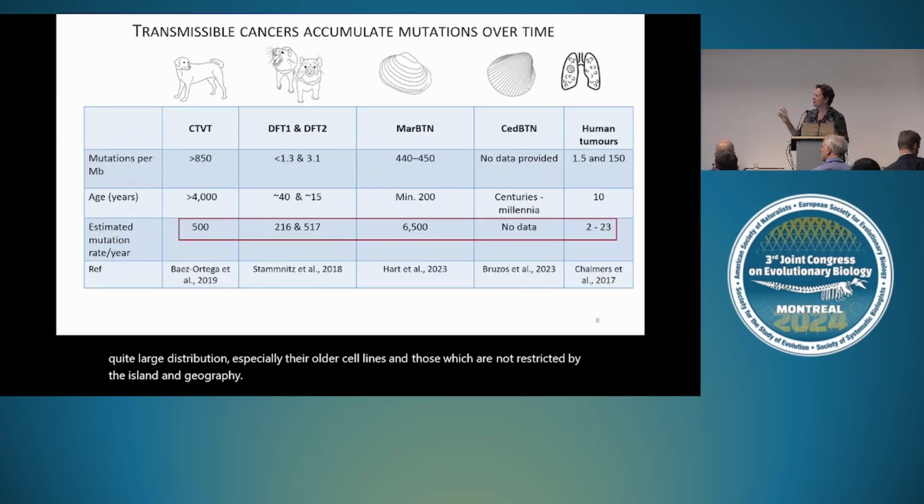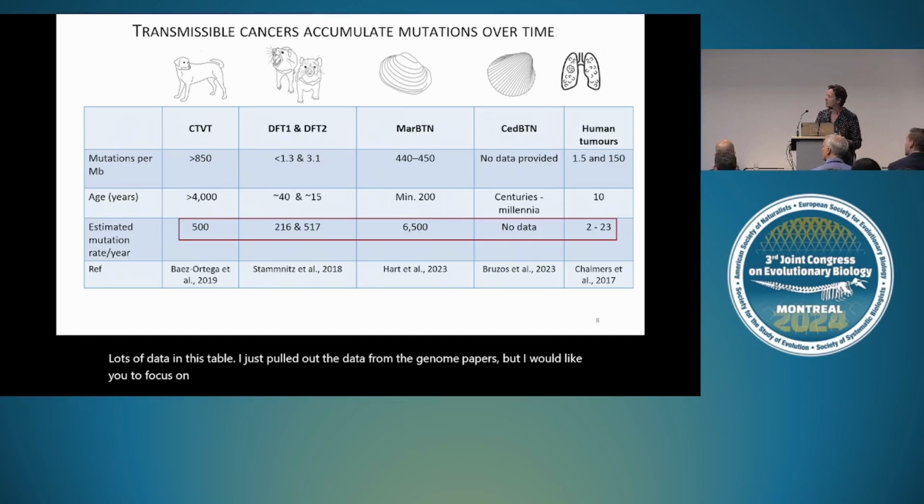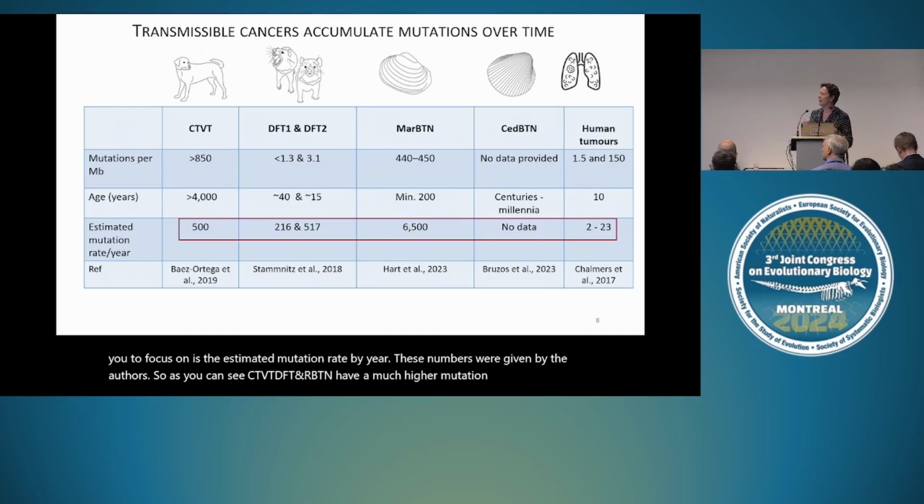Lots of data in this table. I just pulled out the data from the genome papers. What I would like you to focus on is the estimated mutation rate per year. These numbers were given by the authors. So as you can see, CTVT, DFT, and MAR-BTN have a much higher mutation rate than normal human cancer cells